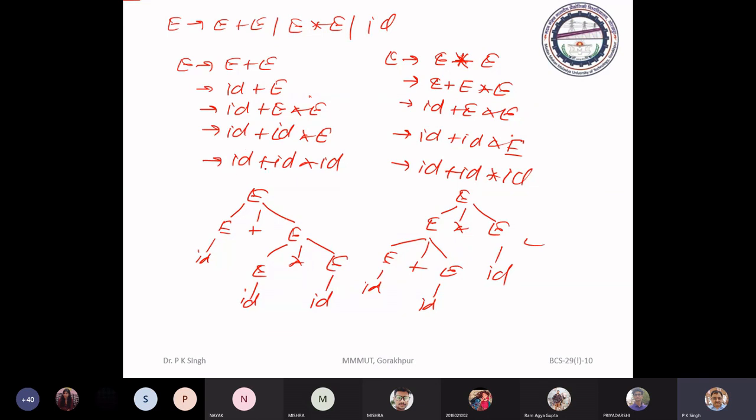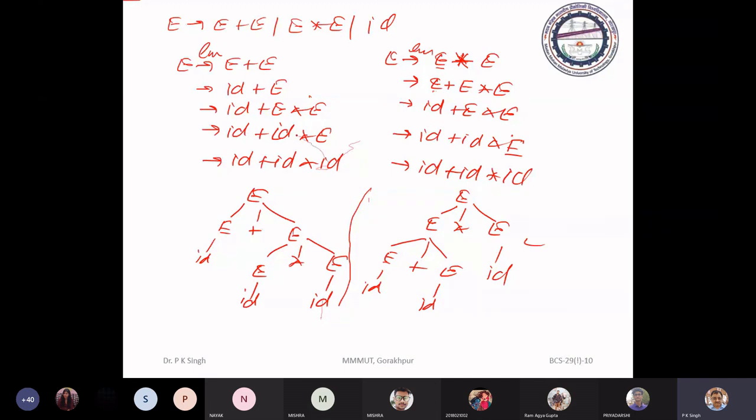Both are leftmost derivations. Here this E is replaced by E plus E, then again the same type of replacement, and this is leftmost. So for leftmost derivation, we have produced two different syntactic structures.